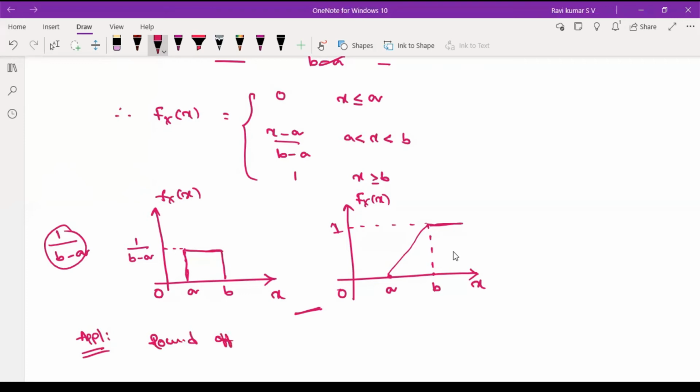So round off condition means if I have some values and take a real number into an integer, we need to take the error value same for all the values. So we need to distribute the same error for all the values, then you can normalize the values. Okay, so this is about uniform density function, and we can go for